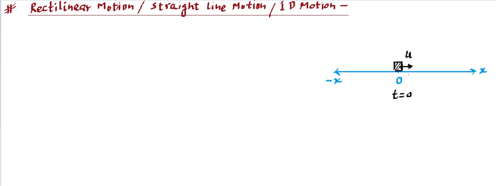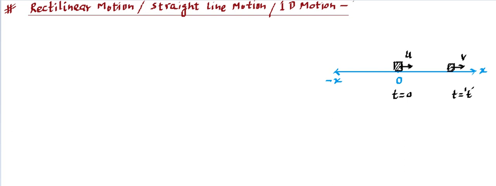As time passes, the particle will not remain at the origin because it's in motion. So it will leave the position, this origin O. It will be somewhere else. Let's say it reaches here. Or it might be moving in the negative direction, so it will be reaching there. It can reach anywhere, so I'm considering it to be there. And if it is here, it will be moving with some velocity. Let's say the velocity is v. We will call that the velocity at a later time. This is the time written as t, so that means any time t. That's a variable time we are considering, right?